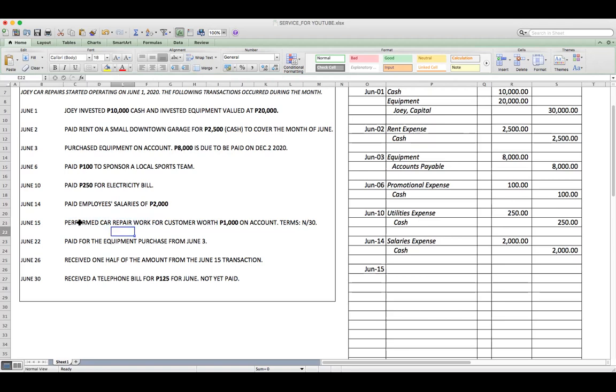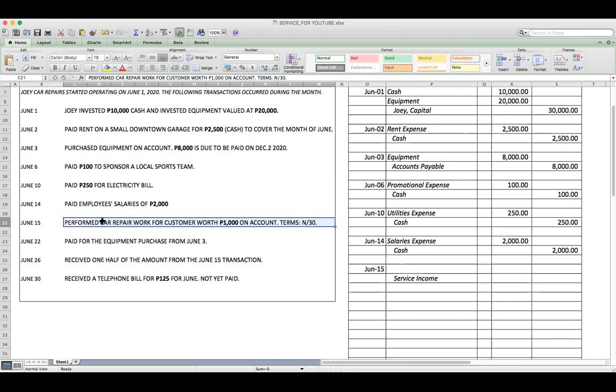So whenever you are performing or rendering service to your customer, ang credit account title mo ay isang uri ng revenue account. Okay? So gagamit ka ng revenue account. Isa sa mga revenue account ng service type of concern ay service income. Pero paalala ko lang, revenue account ay nakabase yan sa uri ng business. For example, this is a repair shop. So ang ating revenue account ay repair income o kaya repair fees, pwede ganun.